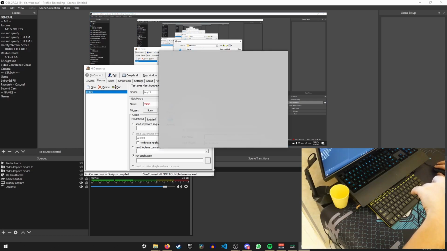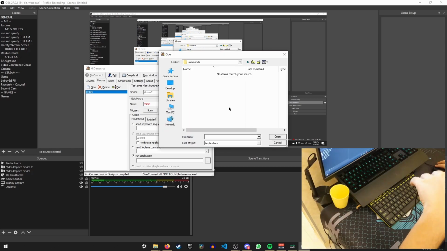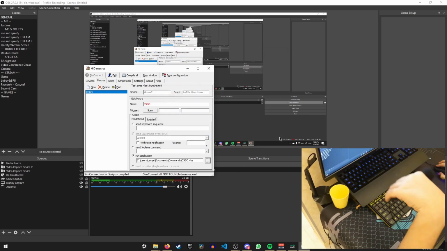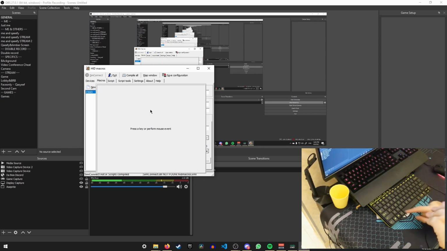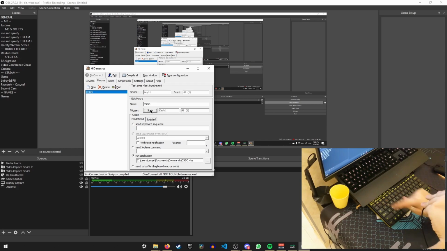So I will go into my, you should not be able to see this. I have to edit this out later. Nope. God damn it, I don't even remember where I hit that. Commands. Yeah. Now I'll select the CSGO.VBS and press open. Okay. And I press the trigger, and the trigger is number 1 on this keyboard. Okay. Now I press compile all, save configuration,